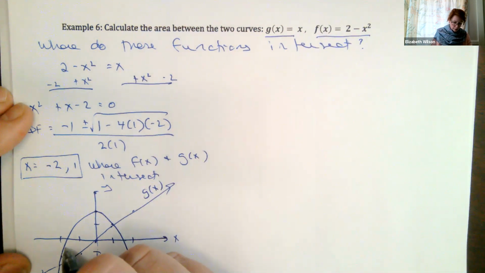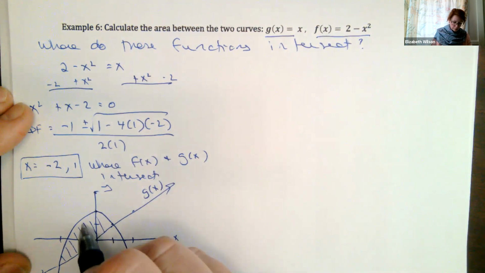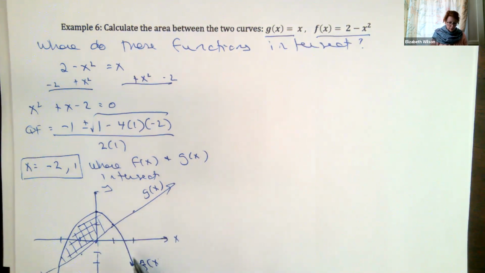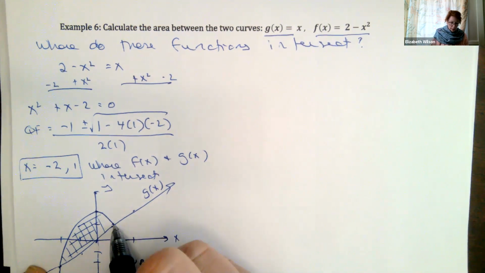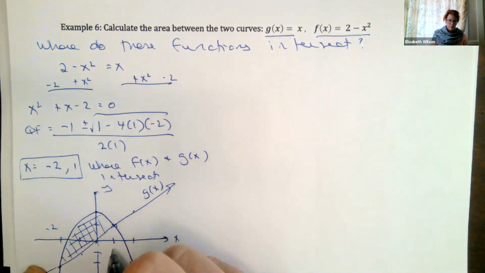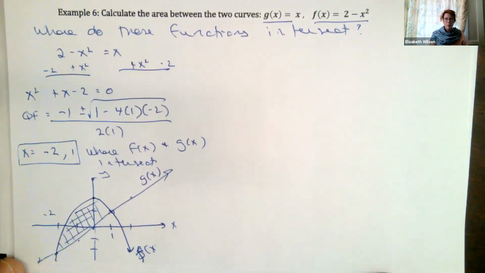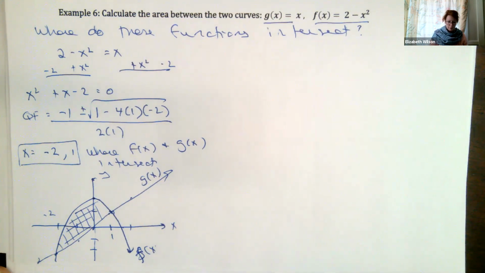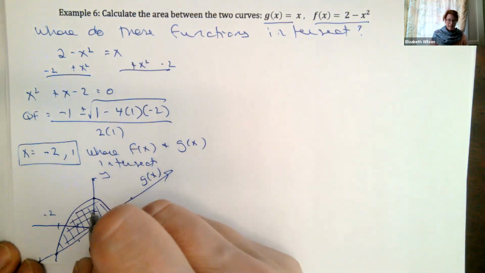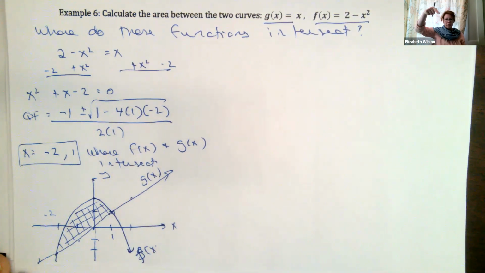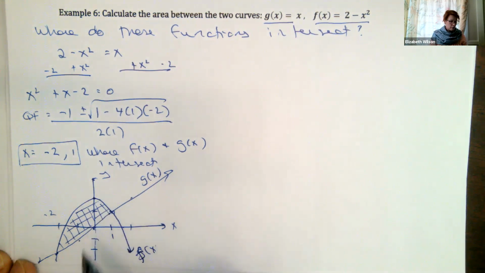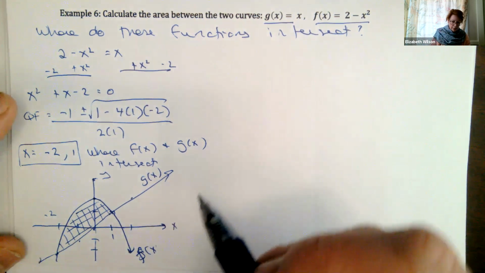So, right, we've got this area here. Okay, so these bounds right here, where x equals -2 to +1, are going to form our bounds of integration if we're calculating a volume, right? So if I was going to take this and rotate it around a horizontal axis or an x-axis, I've got my upper function minus my lower function, right? So to get the area,